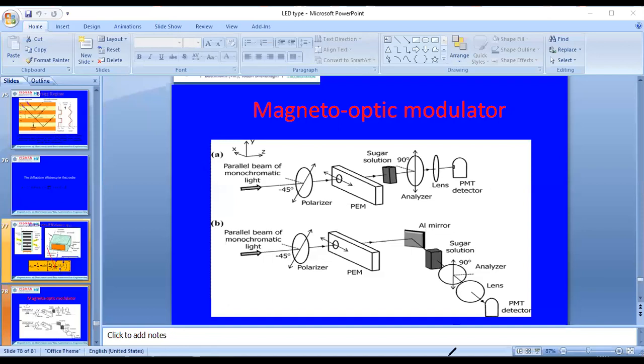So these magneto-optic modulators will also have a different polarization effect that we are going to analyze, as well as